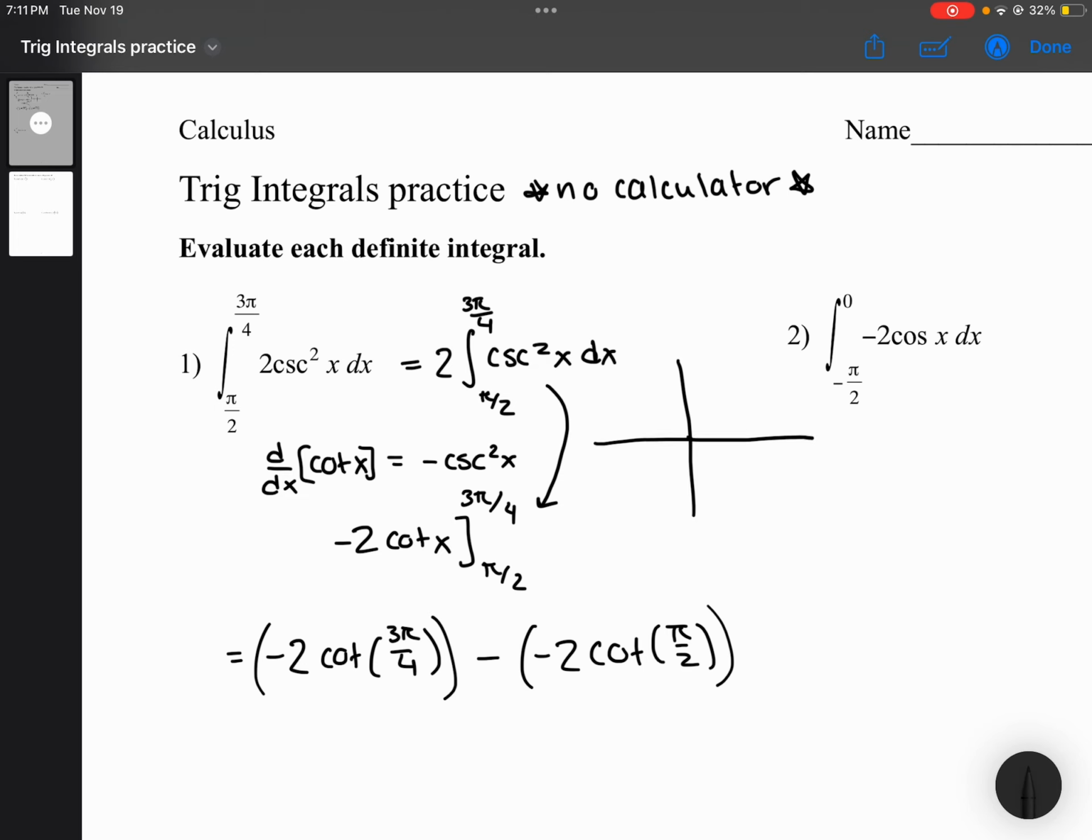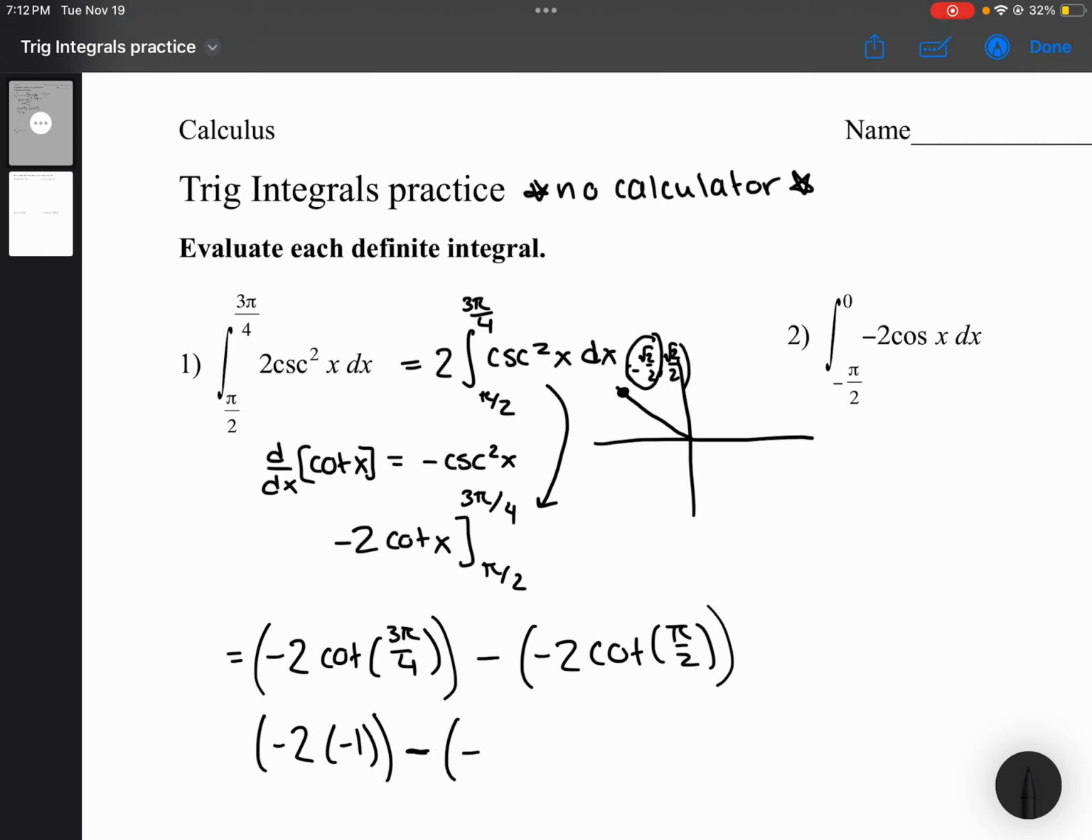So 3 pi over 4 is going to be right here. This point on our unit circle would be negative rad 2 over 2, positive rad 2 over 2. So cotangent, how would you guys find cotangent? Well, it would be cosine over sine. So this whole thing down here would be negative 2. And then here, if I do negative rad 2 over 2 over rad 2 over 2, that's just going to turn to negative 1. All right, so I have negative 2 times negative 1